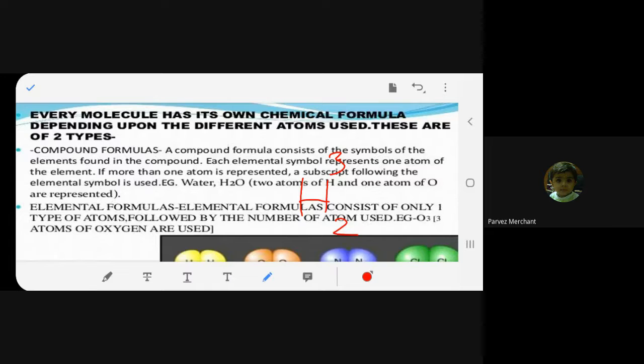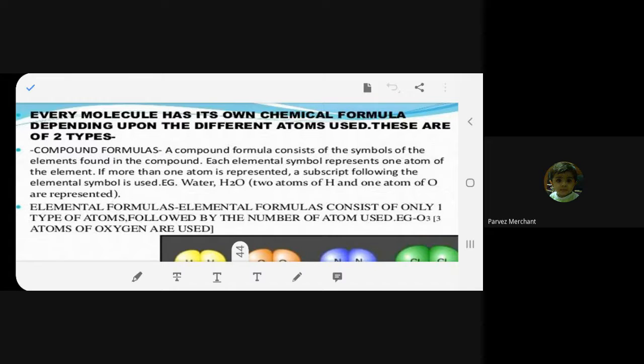Yes, ma'am. Which I put down is subscript, and which I put on top whenever we talk about isotopes. That time I'm going to teach you what is superscript as well. So something down is subscript, something on top is superscript. So what are we going to use right now over here? Subscript. After the symbol, we will put a subscript.